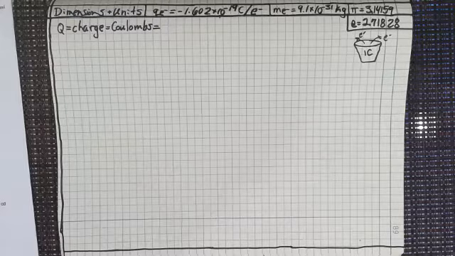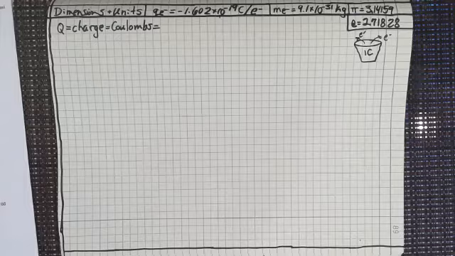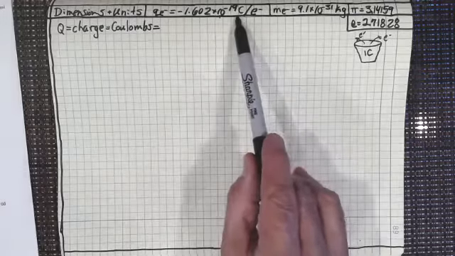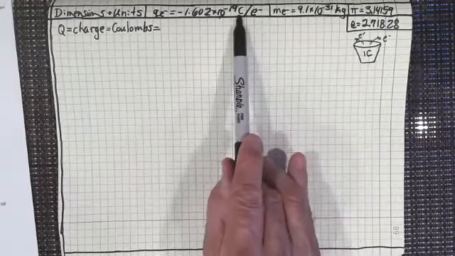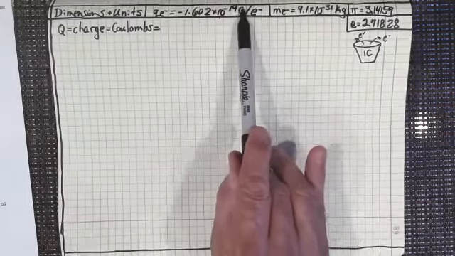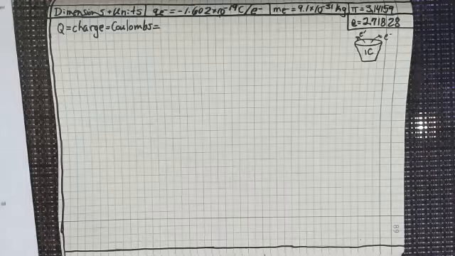Think about it. How would I figure out, if I had minus 1.602 times 10 to the minus 19 coulombs per electron, how many electrons I would have in 1 coulomb? I'm sure you're saying, okay, look at the units there, coulombs per electron. If I just reciprocated that, I'd have electrons per coulomb, right? If I just took the reciprocal of 1.602 times 10 to the minus 19,